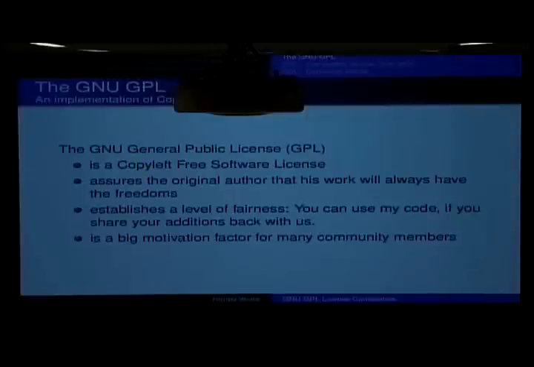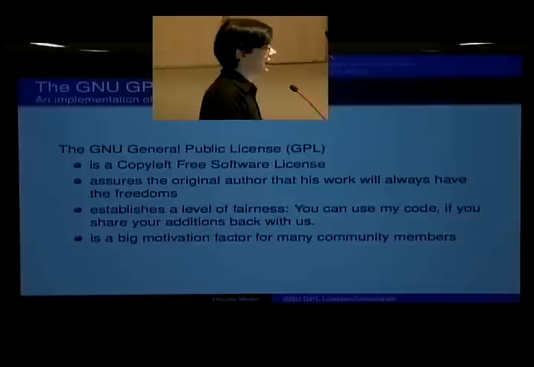The GNU GPL has been mentioned numerous times. It is one of many licenses, the most popular license for free software. And it uses this idea of copyleft and applies it to software. And you could think of it as establishing some kind of fairness, right? A company that wants to create a product or develop some software can use existing GPL licensed software without having to pay any license royalties or something like that.